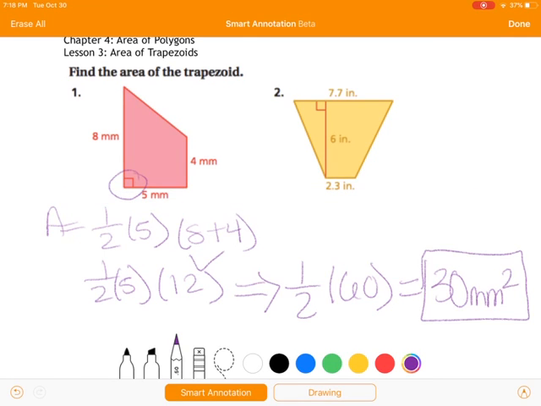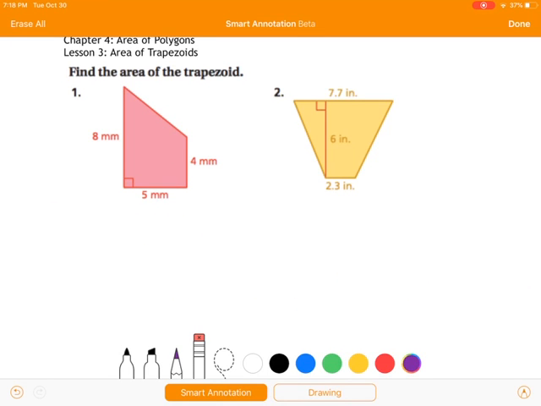So I hope at this point you guys are feeling a little bit more confident with this, and maybe you'll try pausing the video now and try number 2 on your own. If you don't feel confident yet, that's totally fine. Just keep following along with me. All right, so number 2. So let's see, our area equals 1/2 of our height, which is 6,